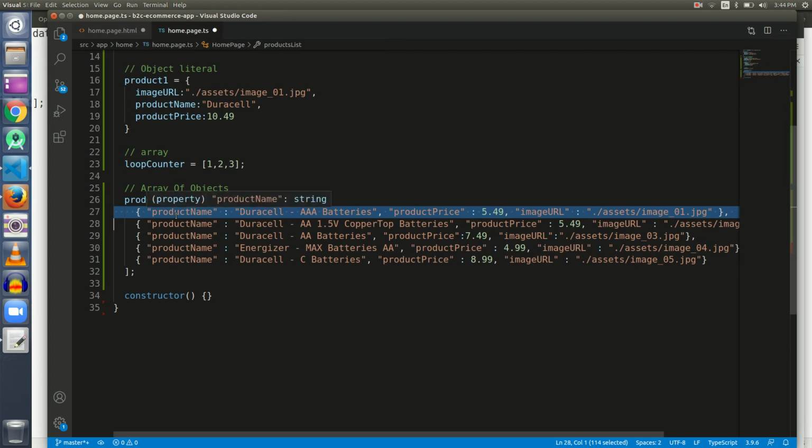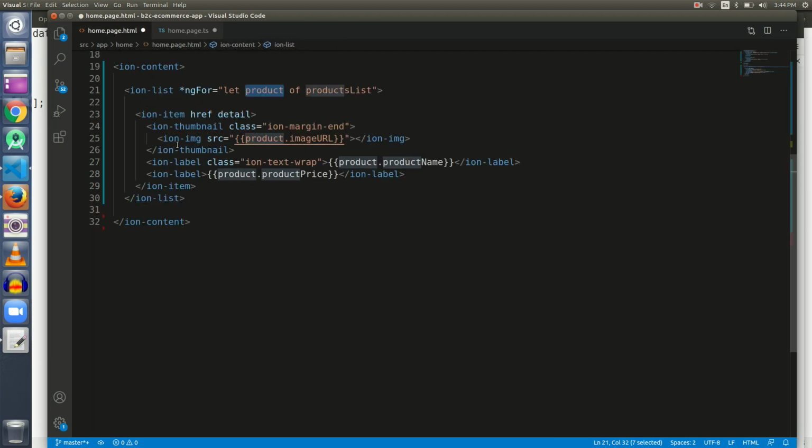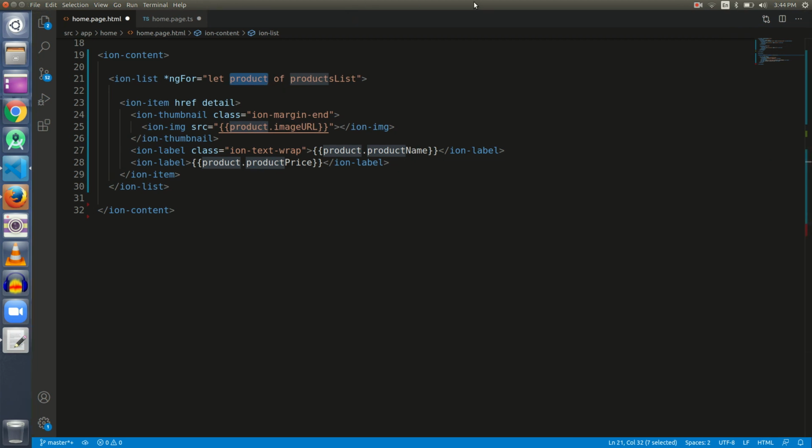When the first object is iterated over, the product variable will point towards the second object and towards the values of the second object, then to the third object, and then to the fourth, and then to the fifth. In this way we will get a dynamic list of objects.